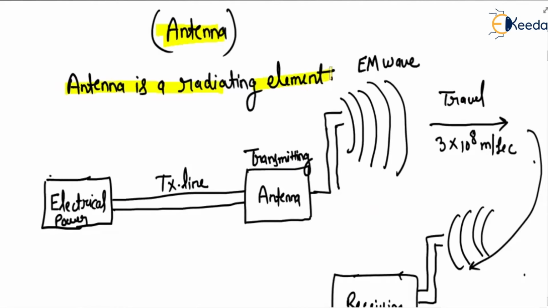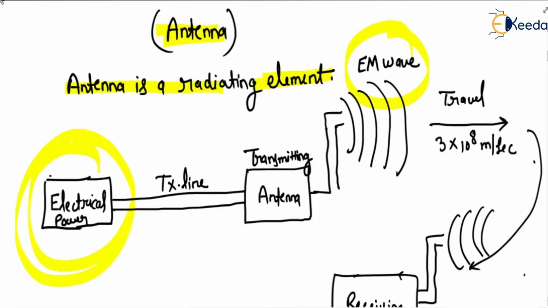So antenna is a radiating element. It is a transducer which takes electrical energy as an input and converts it into electromagnetic waves. So antenna behaves as a transducer. It is a radiating element. So a simple block diagram we can understand. There is an electrical substation from which, through the transmission line, power is approaching towards the antenna. It is a transmitting antenna, and this antenna will convert this power into electromagnetic waves, and this power will